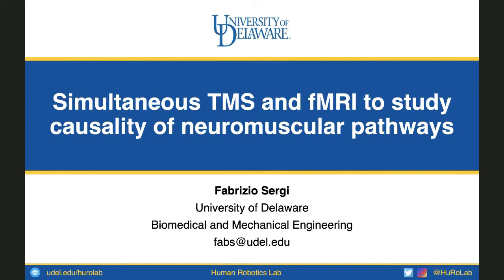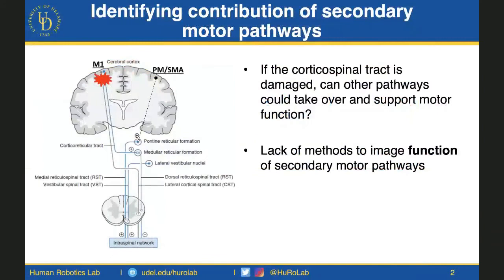And today I will introduce you to our pilot project that started just a few months ago, funded by the IMBRI program. The title of the project is Simultaneous TMS and fMRI to study causality of neuromuscular pathways. So I'll start with some motivation and why it would be important to be able to identify the contribution of